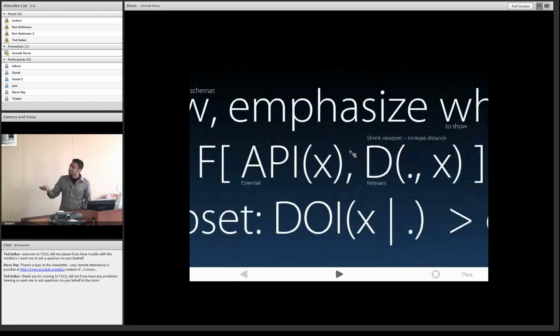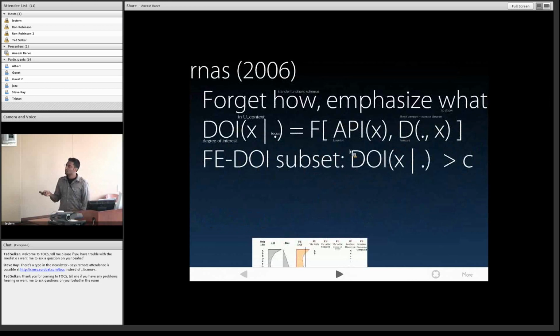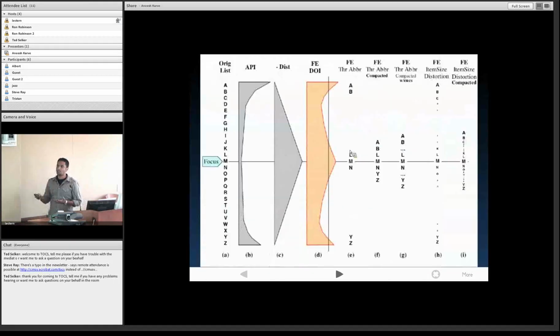And he breaks that down into a function with two parts. He simply says that, in general, it is a function of the a priori or global importance of x and the distance between x and the current focus. We're going to look at some very specific examples in a minute. And then he defines the answer to the question of what you show: you show all of those things which are interesting enough given the current focus. And enough is set by this variable c. So as we raise the threshold c, we start to filter out the set of visible items.